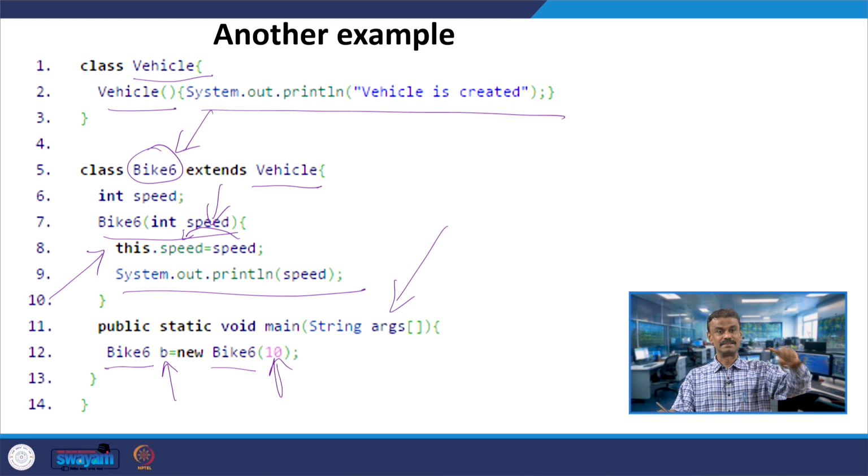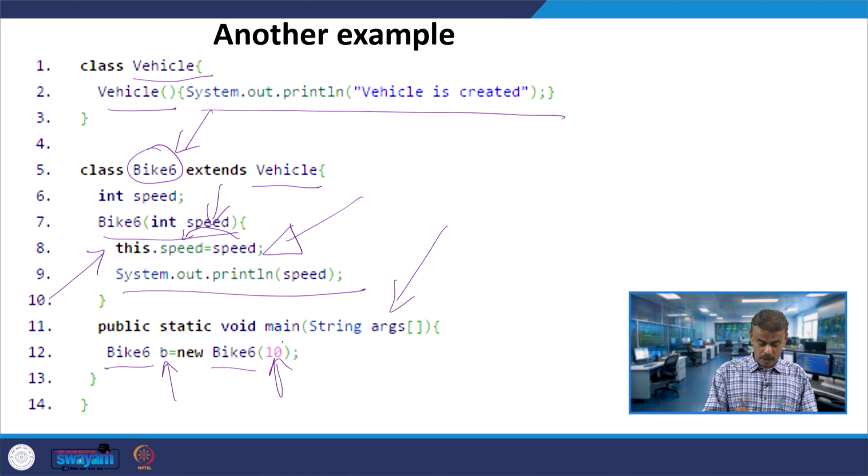You can check this: remove line number 8 and simply try to print System.out.println speed, and you will get 0. Whereas if you use this with the reference, this is a pointer, so when you use this dot the variable name, the member data inside the class, then whatever you are passing, 10, will be printed.